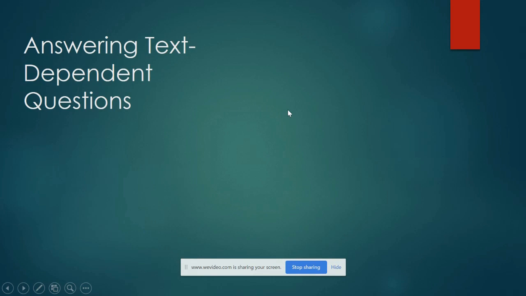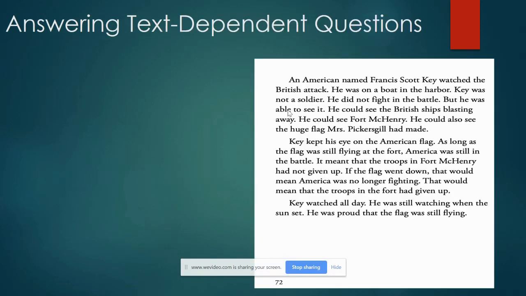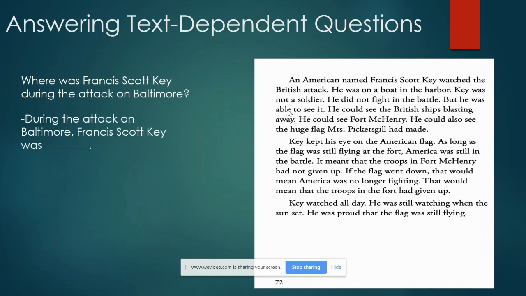Welcome back from your summary. So now, friends, we're going to move into answering text-dependent questions. And that's just a fancy way of saying finding text evidence. I'm going to ask you a question and show you a matching page from the story. It's going to be your job to use the story to find your answer. Okay, here is our first question. Where was Francis Scott Key during the attack on Baltimore? Before we get started, though, we want to make sure that we're rephrasing the question just like we've been practicing during academic enrichment. During the attack on Baltimore, Francis Scott Key was